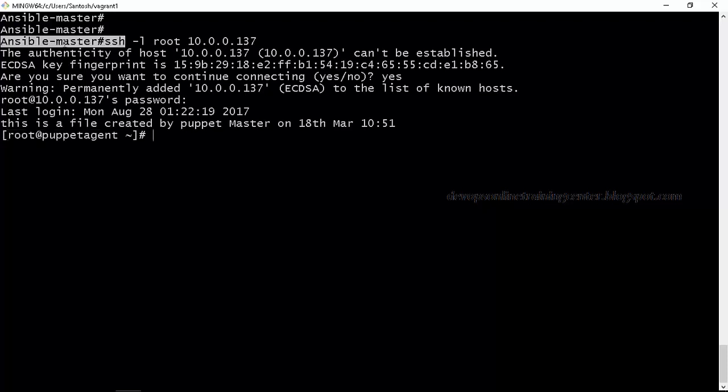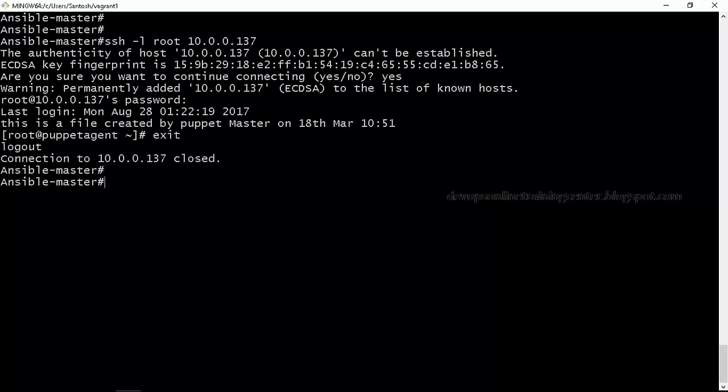This part is clear, right? When we say ssh, it will ask for the password, and if you provide the right password, we log into the other machine. This is like a remote machine. The first machine is the Ansible master, the second machine is something else. When you exit, you go back to the first machine. So basically you opened an SSH session, it asks for credentials, and once you provide them, you log into the remote machine and are no longer inside the first machine. Any commands you execute get executed on the second machine, not on the first.